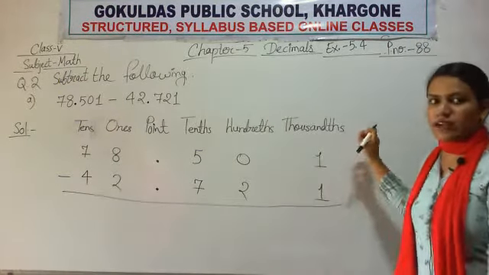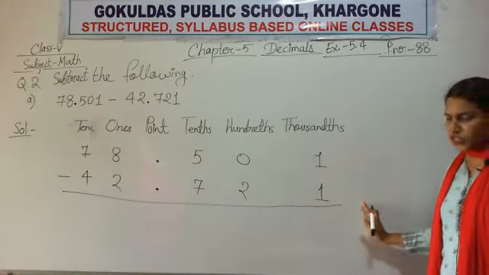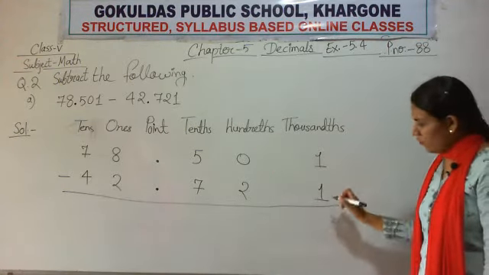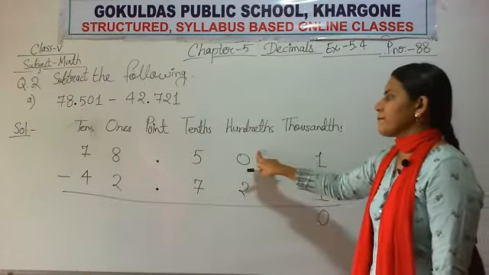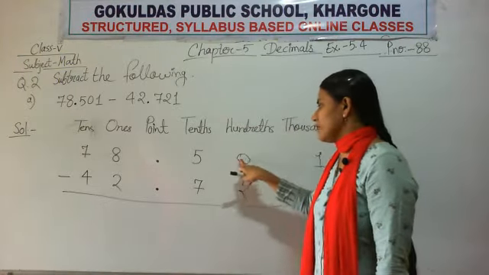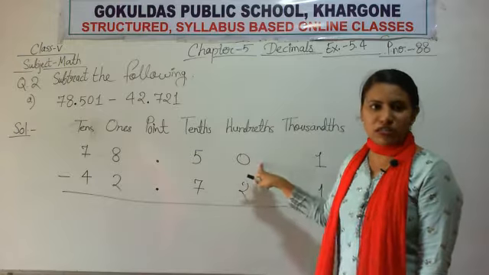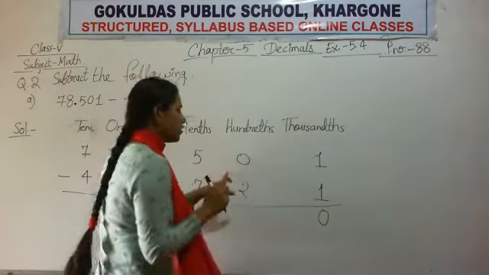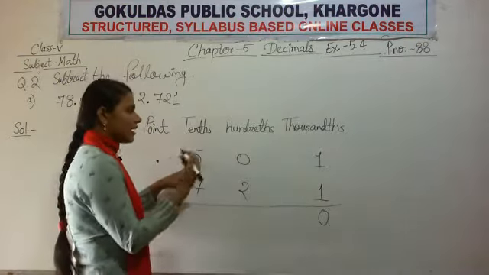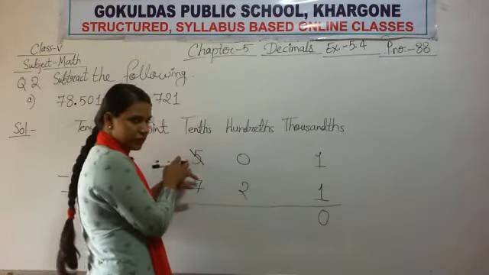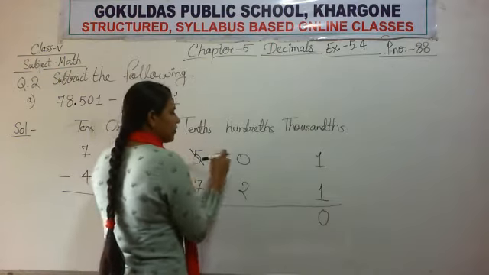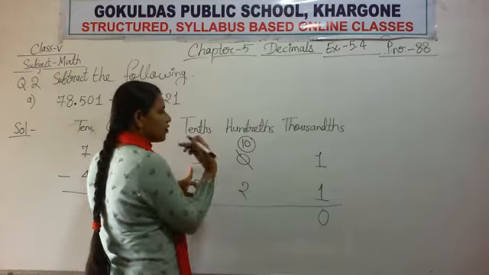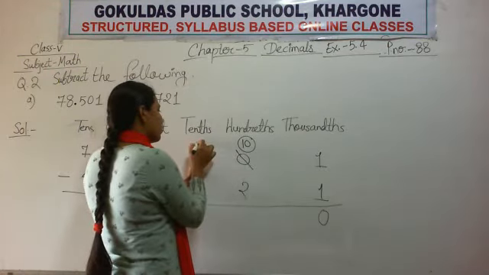We always start subtracting from the rightmost column. So in the rightmost column 1 minus 1. 1 minus 1 is 0. In the 100th place 0 is given there. 0 minus 2. Because 0 is a smaller number, we need to take a borrow. We cannot subtract 2 from 0. So here we will take a borrow from the left column. Okay. So when we take a borrow, it becomes 10. Okay, and this 5 gives one borrow to its neighbor. Here only 4 is left.